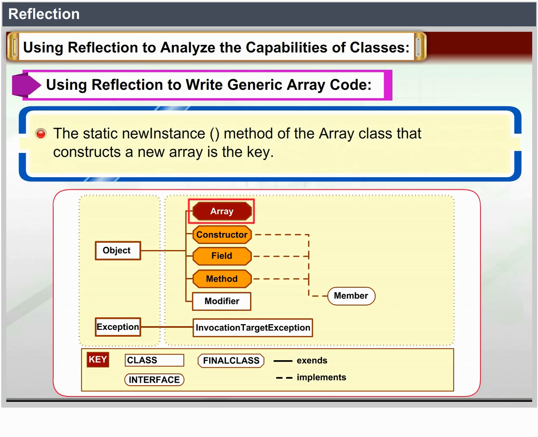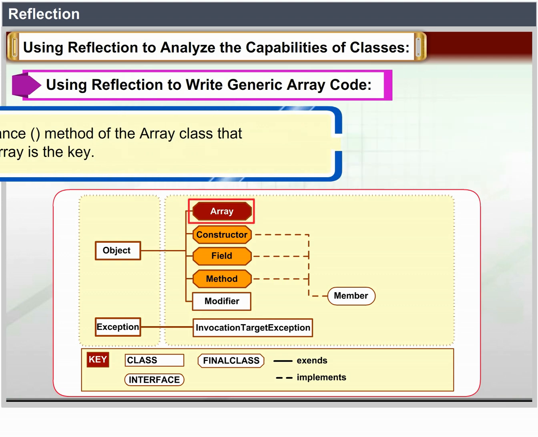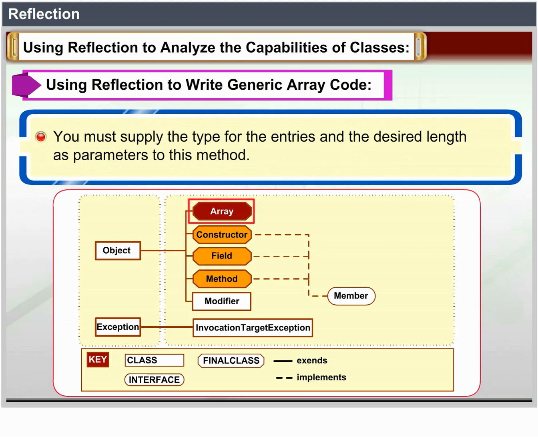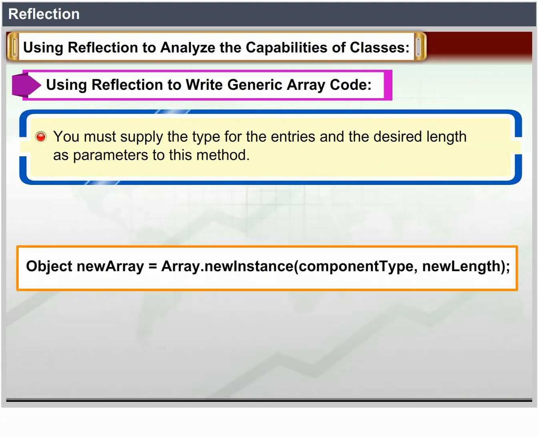The static newInstance method of the Array class, which constructs a new array, is the key. You must supply the type for the entries and the desired length as parameters to this method. Object newArray = Array.newInstance(componentType, newLength);